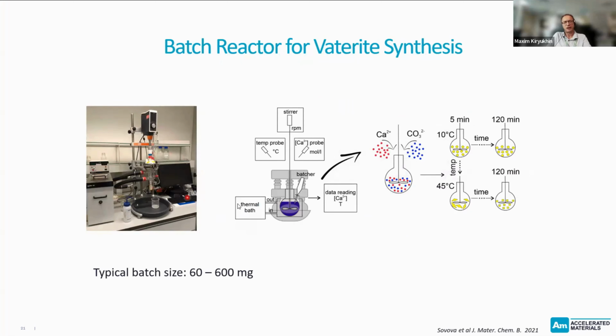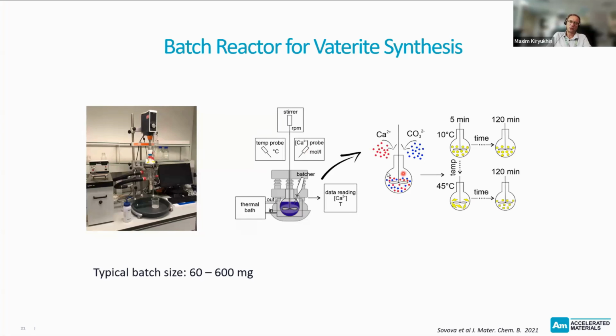They are batch reactors that can control precisely the temperature of the synthesis, and you can follow the concentration of calcium ions, for example, with calcium selective probes, and varying the time of the synthesis, temperature, and all these process conditions,